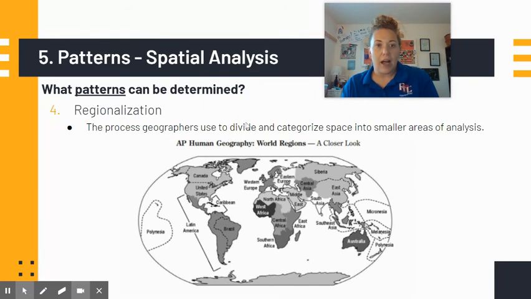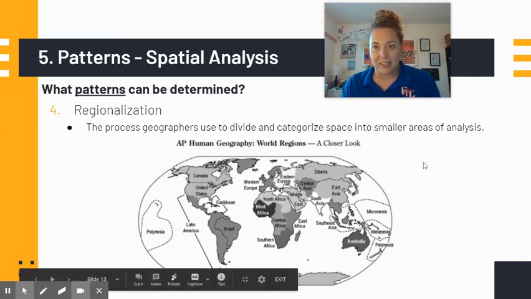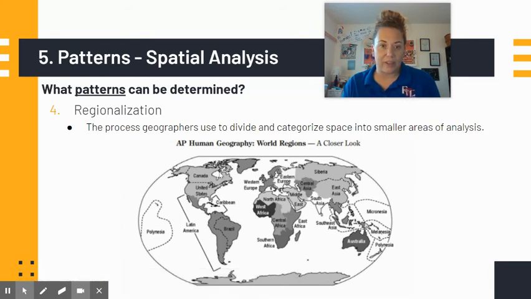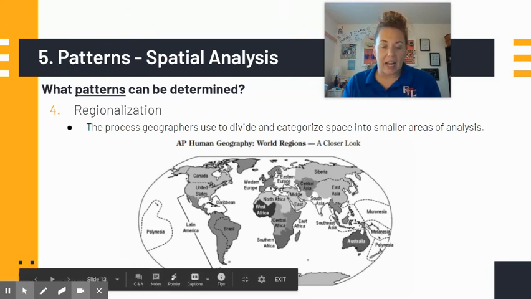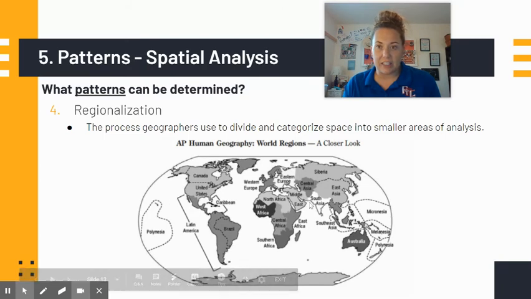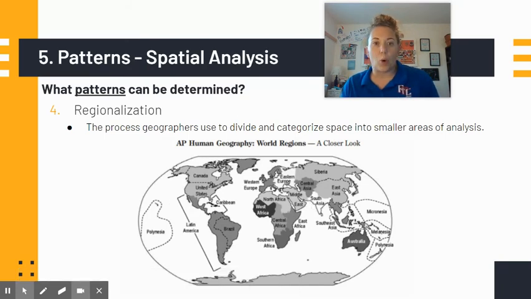All right. When we are talking in AP Human Geography, you guys are going to need to know your world regions, because this is a way that it's easy to describe where patterns are. So you're not going to ever be expected to memorize all the countries in the world, but you certainly need to have a better understanding of our regions. So you'll want to study this document here, this map, and you'll be doing more with this in class when we're back together.